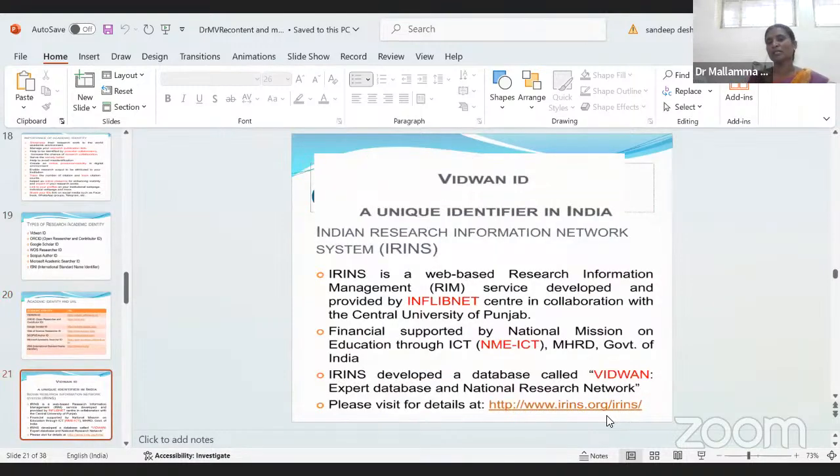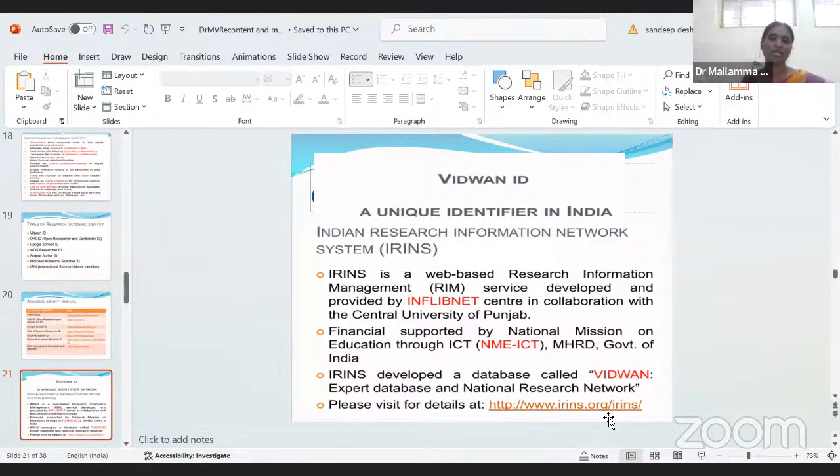Now what is Vidwan? Actually, Vidwan is financially supported by the National Mission on Education through ICT, Information and Communication Technology, and it is developed by IRINS, that is the Indian Research Information Network System. Okay, it is an MHRD, Government of India initiative, an expert database and national research network.